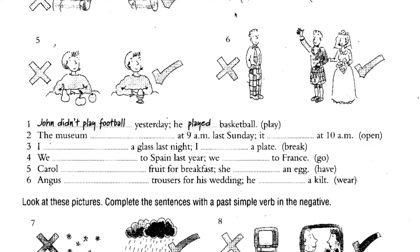The museum at 9 a.m. last Sunday. The subject is museum and the verb is didn't open. And 9 a.m. and last Sunday tell you the time the museum didn't open. And with the blue and the red, it's pattern number 1. Very good. And then